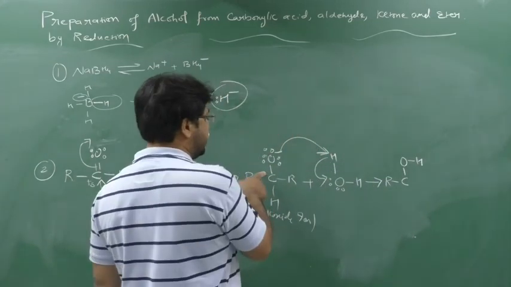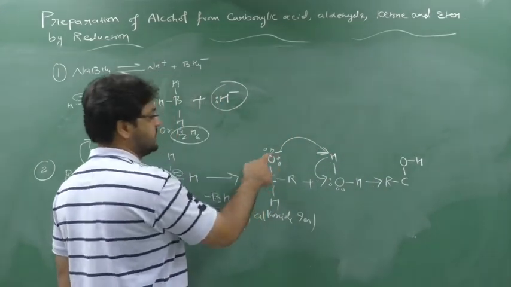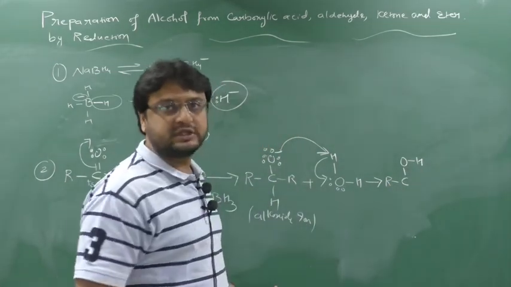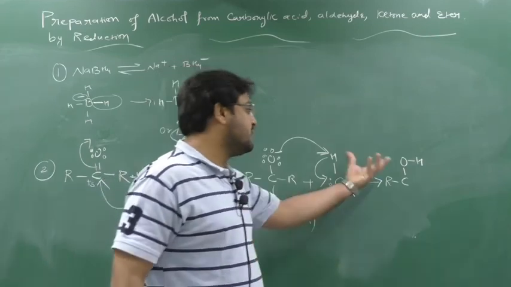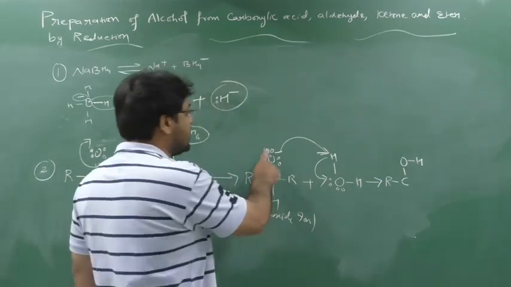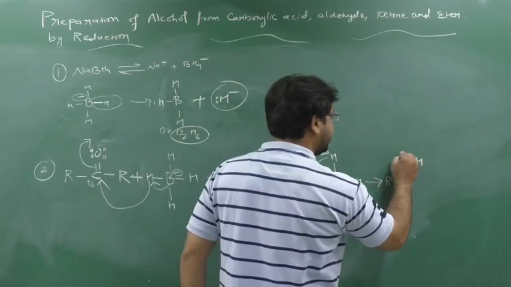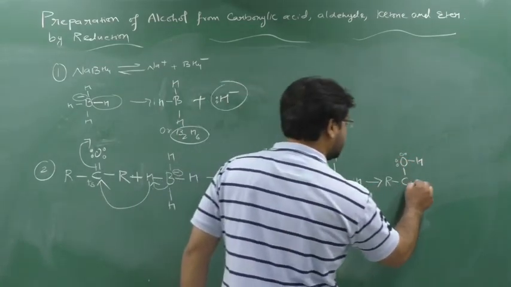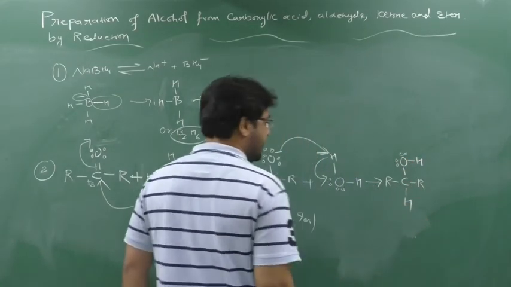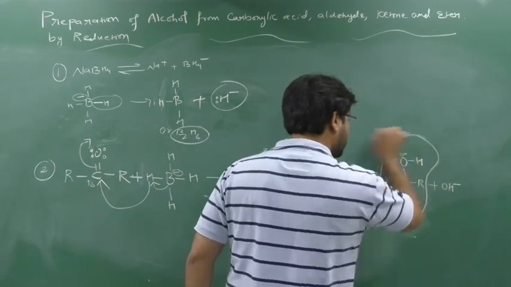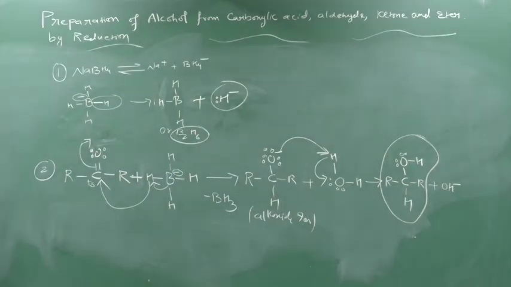Now oxygen is here having one bond, so there was one minus charge. Now oxygen is having how many bonds? 2 bonds, so no charge, because oxygen has a maximum capacity to make 2 bonds. One lone pair has been given to the hydrogen. How many lone pairs will be remaining? 2 lone pairs will be remaining. There is R and there is H here, and there will be releasing of OH minus. So in this way we form alcohol. So this is nothing but your mechanism.